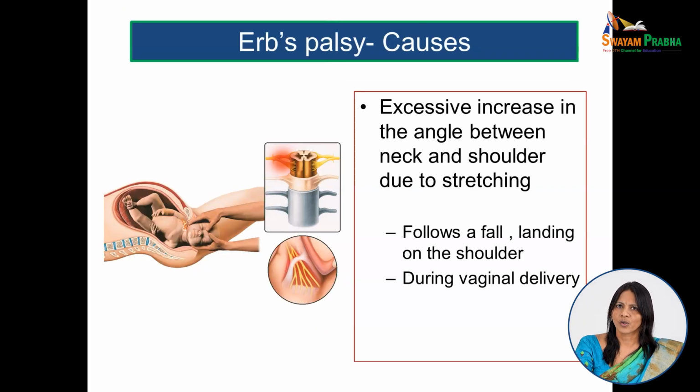The causes, I think we already saw in detail. The excessive increase in the angulation between the neck and the shoulder due to the stretching injures the superior part of the brachial plexus and the Erb's point, and that is what results in the muscles being affected, thereby resulting in the typical abnormality of the position of the upper limb. So, it could be a fall from height or landing on the shoulder or catching hold of a tree trunk, thereby extending the arm, so increasing the angle between the shoulder and the neck, or during a vaginal delivery where there could be a difficult shoulder delivery resulting in the